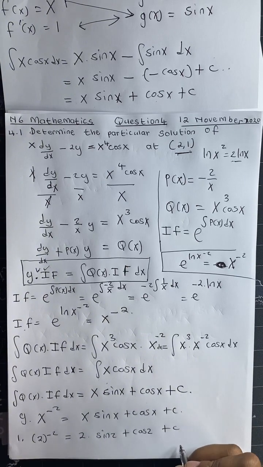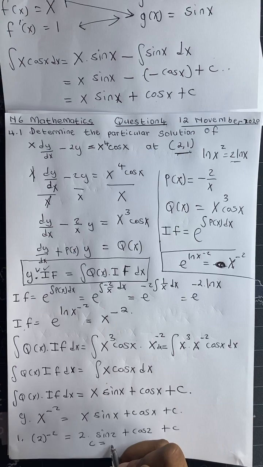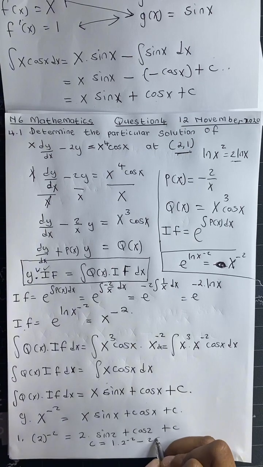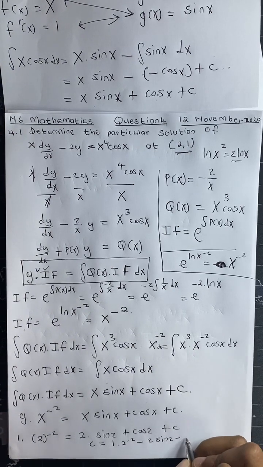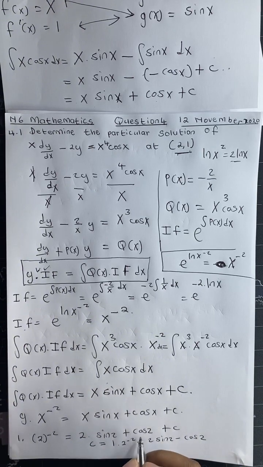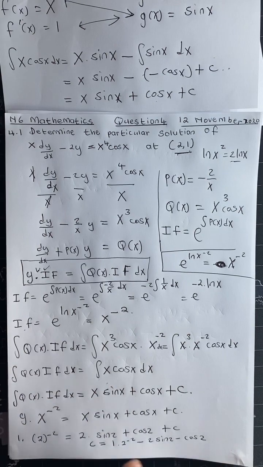So we have to determine the value of c. So the value of c will be equal to 1 multiplied by 2 raised to the power negative 2 minus 2 sin 2 minus cos 2. So we simply took the 2 sin 2 and the cos 2 to the left, they changed sign to negative, and we flipped the equation. So c will be equal to